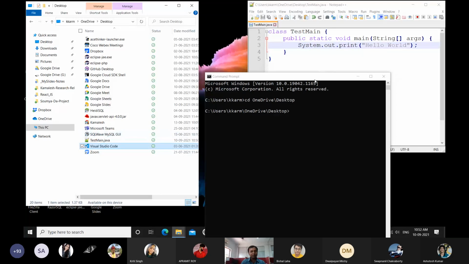This is my program and I want to compile this code. In C programming, if you have a C program to compile, you have used either the cc or gcc command. Here we are going to use this utility, javac, the Java compiler. Now the file name is TestMain.java. If there is any error, it will be reported. If there is no error, it will compile. After compilation, it will generate